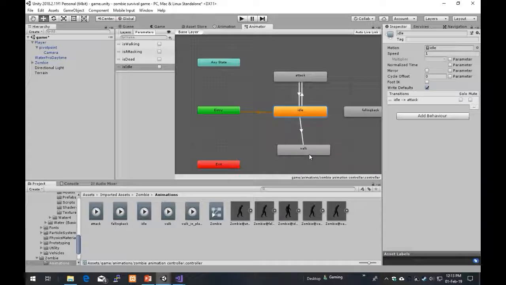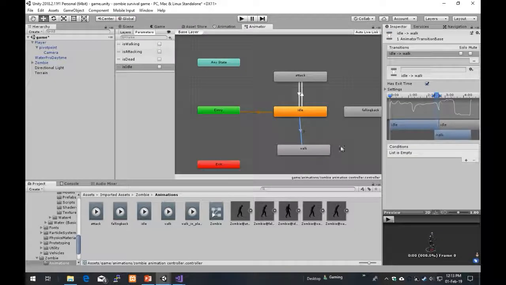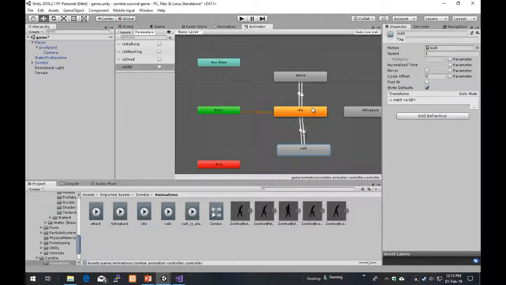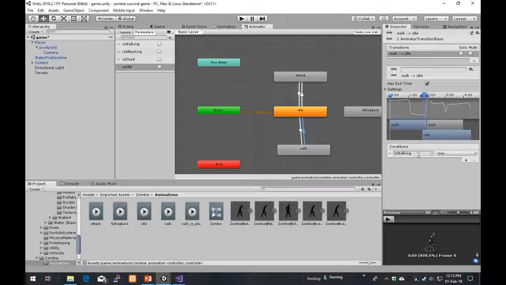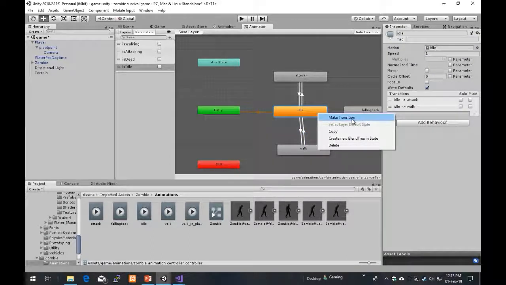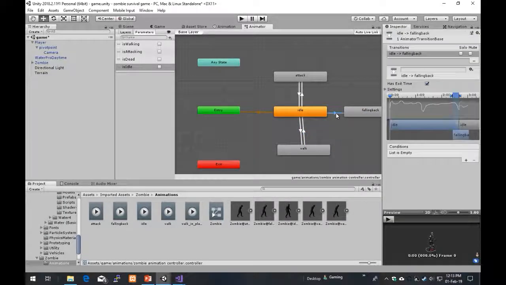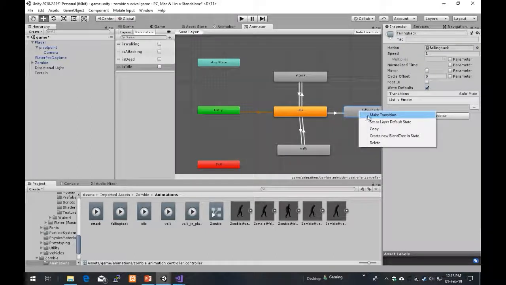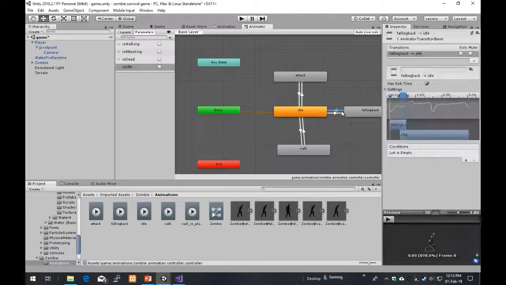So let's go from idle to walk now. We make a transition from idle to walk, and click on there, and it's basically saying he's walking. If walking is true, we go there, and if it goes from walking, we can have a place where the player moves out of range, and then the zombie becomes idle. Yeah, I think you're getting the hang of it. And then we're going to do one from idle to dead. Is he dead? He can go from idle to dead, if he gets shot or is out of range. And we're never going to have a transition